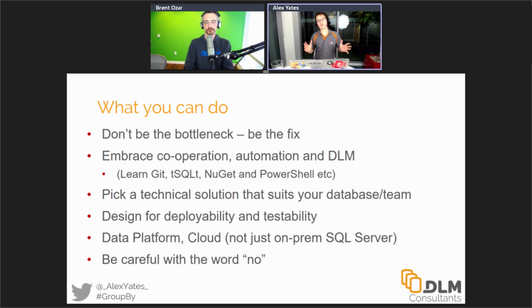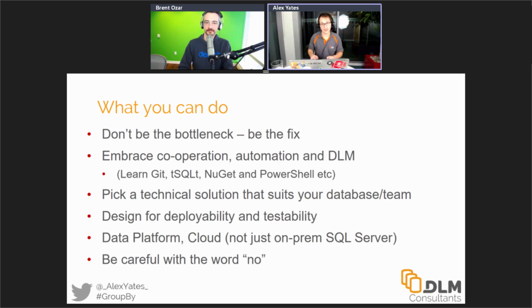We also need to be aware of the fact that it's not just Microsoft SQL Server anymore. It is data platform. There is the cloud that we can play with. There are other forms of data. There are other forms of databases that may or may not be better solutions to the problems that we have. Now, I actually think SQL Server is fantastic and it's the best solution in an awful lot of cases, but not 100% of cases, and it would be naive to pretend that it is.